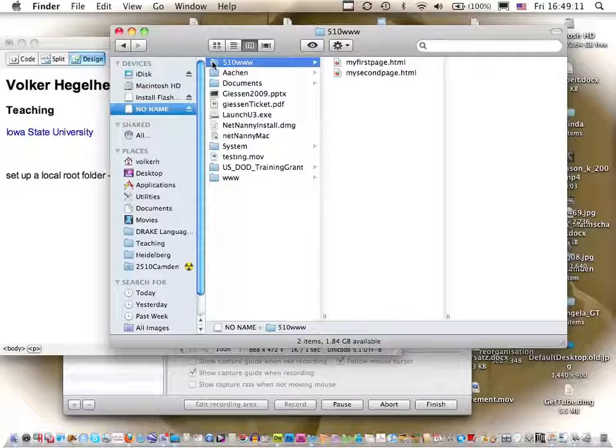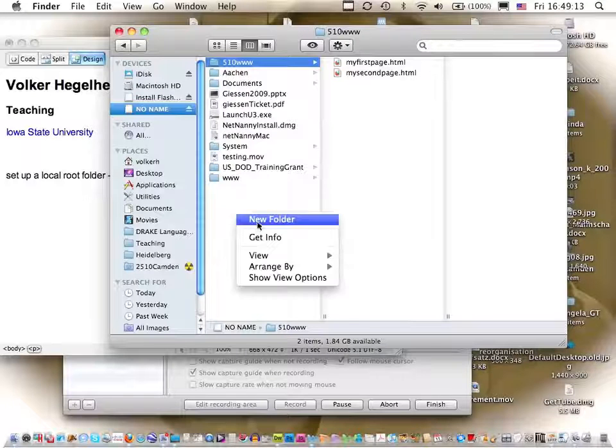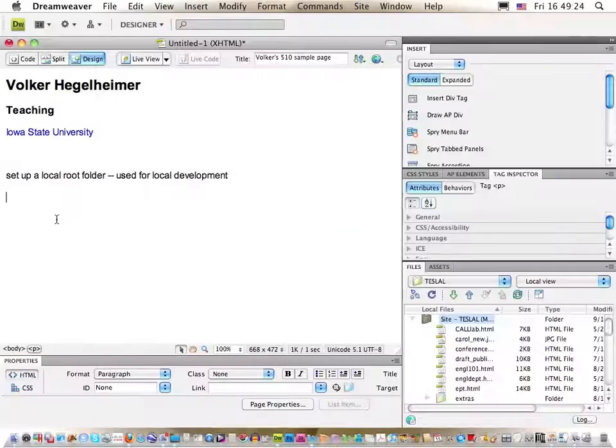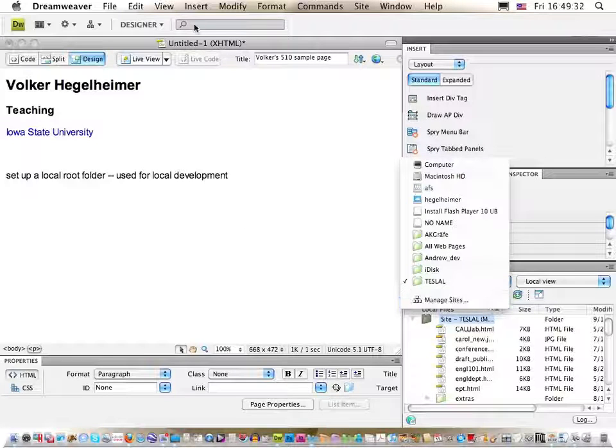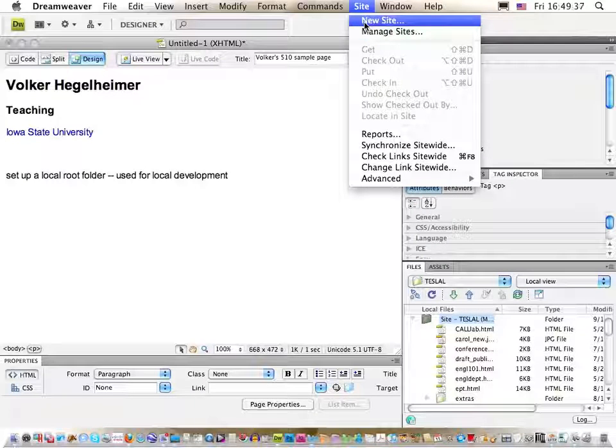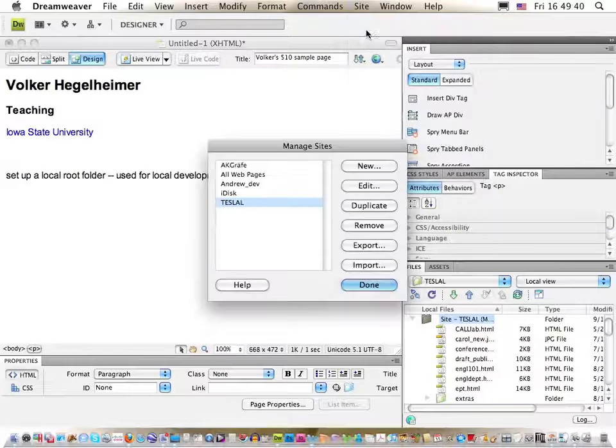Now, I've already created this. On a Mac, you simply right-click and create a new folder if you want to. On a PC, there's a yellow little icon that allows you to create a new folder. This has already been created. So what I can do next is click either over here in the Files tab on Manage Sites, or you can do this up here as well, where it says Manage Sites. You may actually have to start with New Site, but I already have several sites. So I'm going to manage sites first of all. I'm going to see if I've already set one up for this purpose. I have not. So I'm going to create a new site, and I'm going to call this